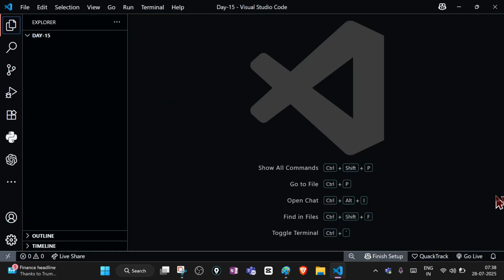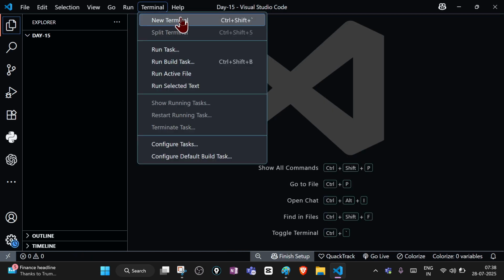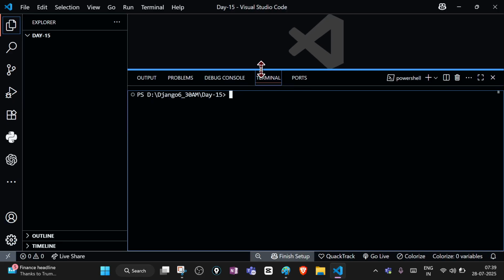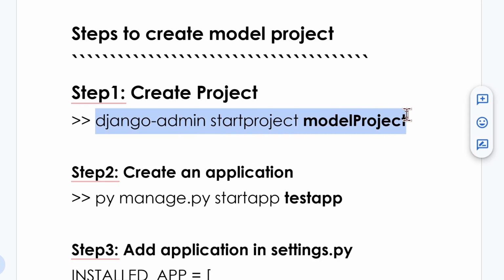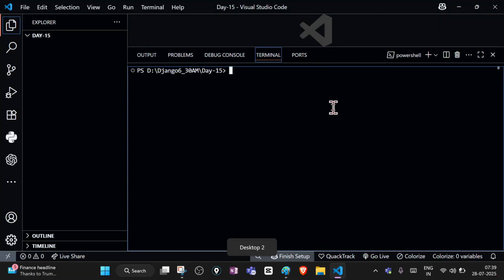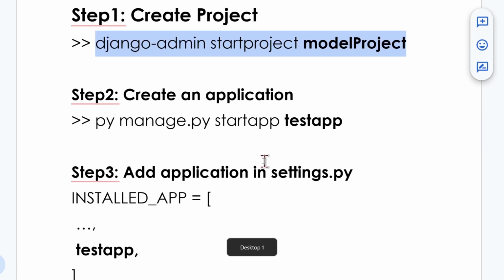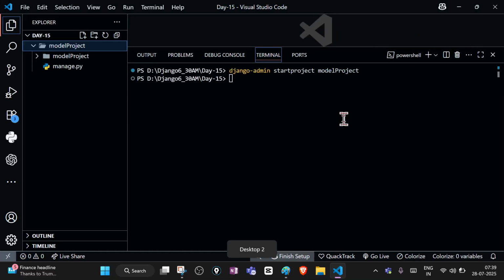Now open the new terminal and write the command. What is the first command? The first command we will write creates the Django project. So just copy this and paste it. The Django project has been created, and inside this project we need to create the application. If you write this command here,